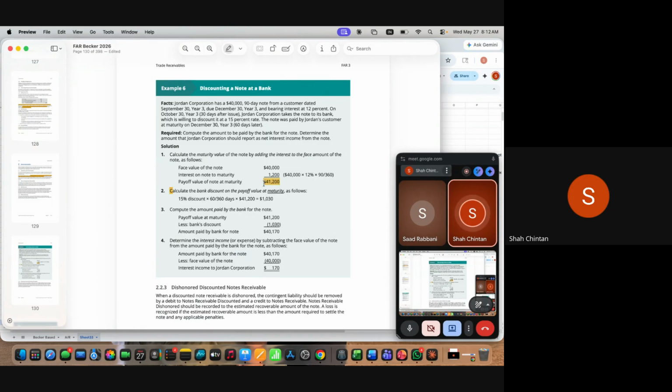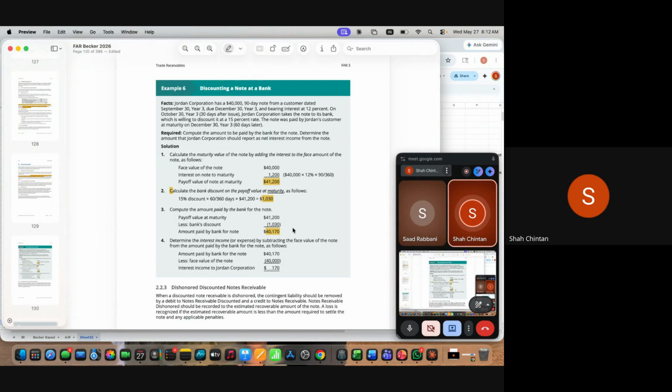तो आप बैंक के पास ये नोट लेकर गए, बैंक को पता है कि उसको मेच्योरिटी पे 41,200 मिलने वाला है, बट बैंक ने क्या बोला कि आई एम गोइंग टू अर्न 15% ऑन दिस, मैं आपको 15% डिस्काउंट करके आज के दिन पे पैसा दे सकता हूँ। सो आउट ऑफ 41,200 में $1,030 अपने पास रिटेन करूंगा एज द कमीशन इनकम, एंड आई कैन पे यू 40,170 टूडे इफ यू रिक्वायर।